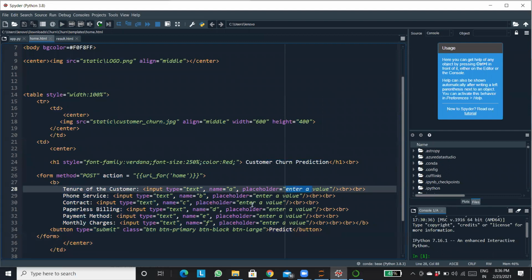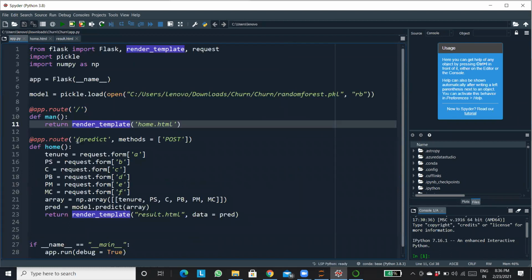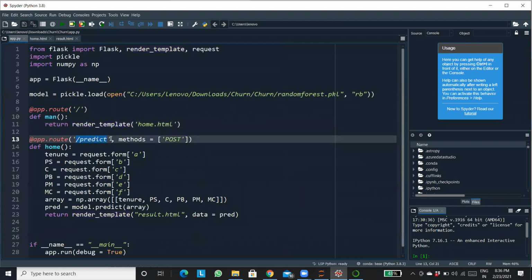Once you are done with entering those values, you will press the predict button. Correct? Yeah. So once you click on the predict button, your app.route is going to route you to slash predict, and the method is going to be post.